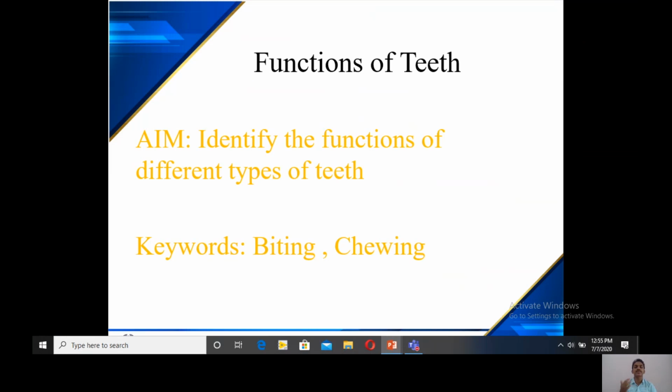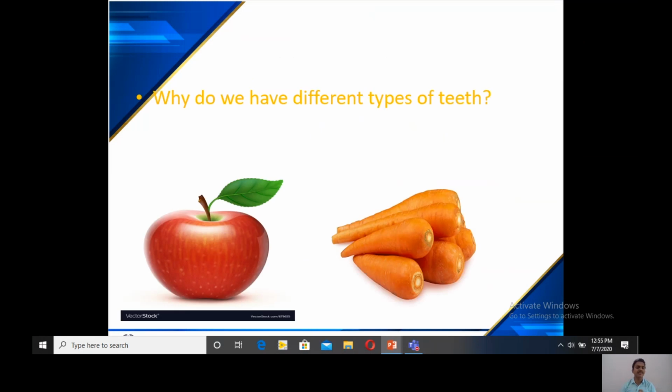So here is one question. Why do we have different types of teeth? Because we are eating different types of food items, right? Yes, because of that we need different types of teeth for eating all the items.